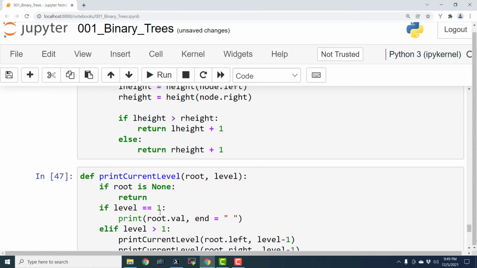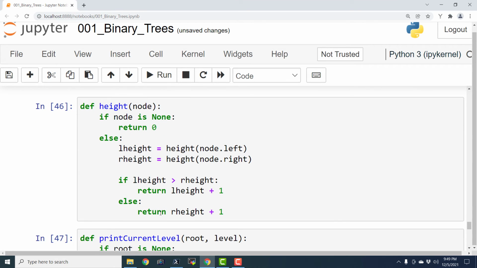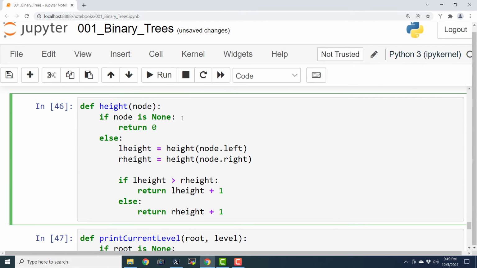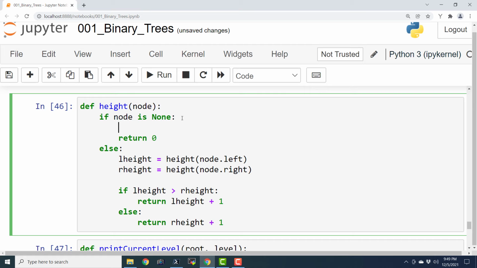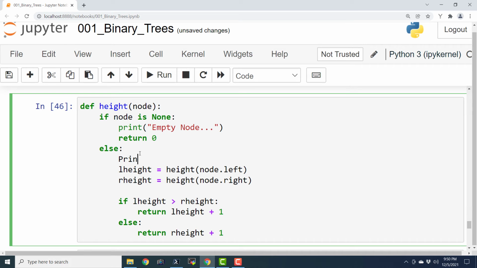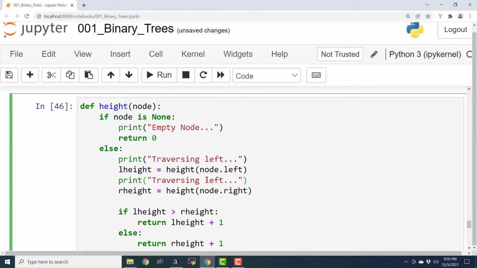And now we are going to write the print statement. Okay, so here I'm going to say print empty node, and here I will say print traversing left, traversing right.